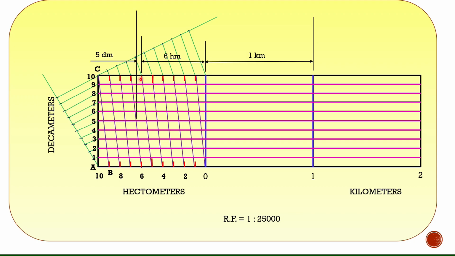That is 5. Okay. So you have to measure that in this diagonal scale, which is coming on the horizontal line. From that we are going to measure, and this is a diagonal line where it's cutting. From that we are going to make one vertical line, and from the 6 to this vertical line the distance is 5 decameters. So this is how we are going to calculate, and we are going to finish the